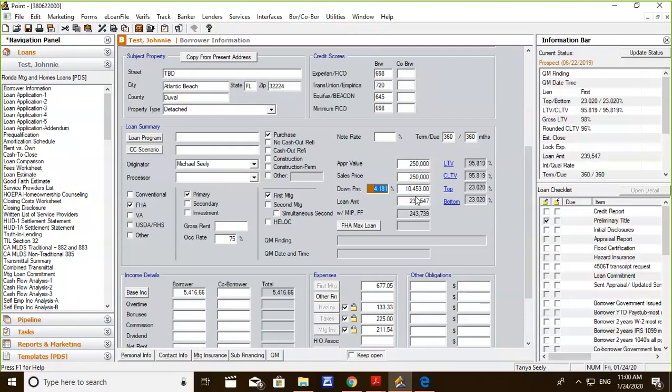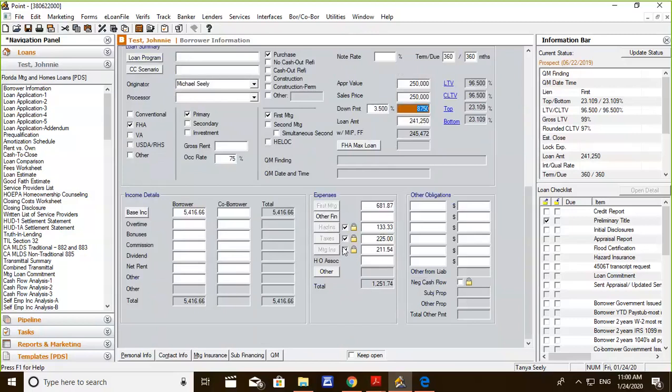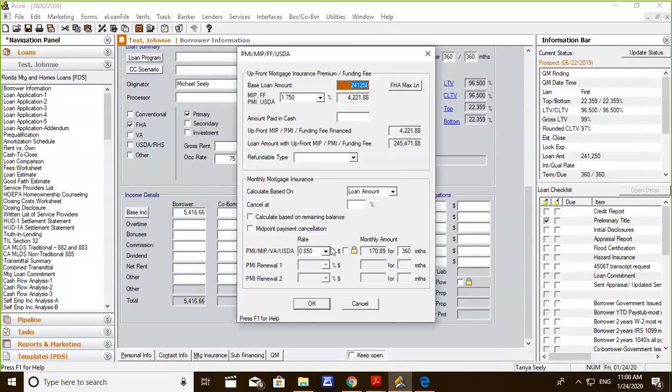And as you know, for an FHA loan, you would use 3.5% down. And if you selected the master template, your upfront mortgage insurance premium would automatically fill in here. That's also how you'll know that you're in a template, because we have already set up what the mortgage insurance premiums are going to be in the system. Okay? Now, if you do need to make adjustments to that,